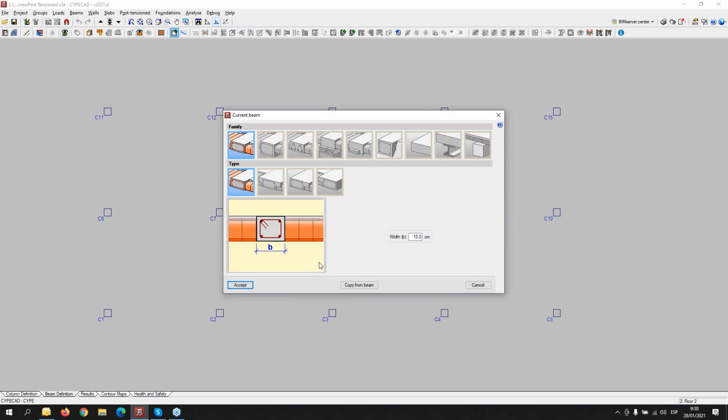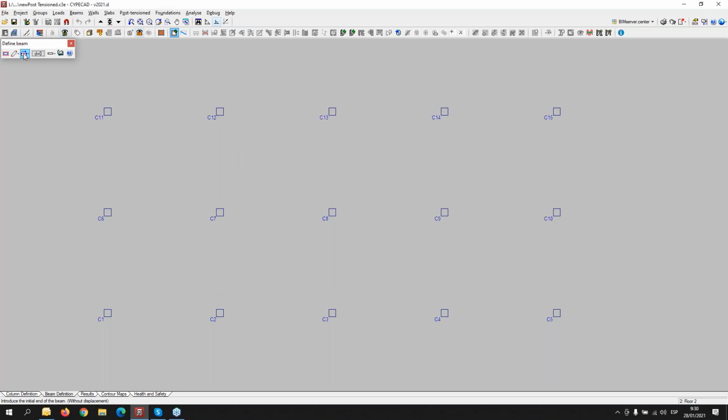This flat beam will have, in our case, 25 centimeters, the same width and height. We can accept here,